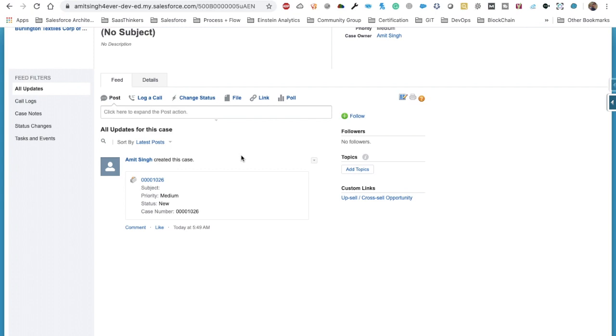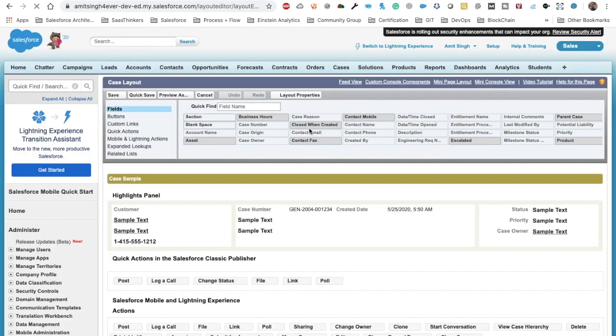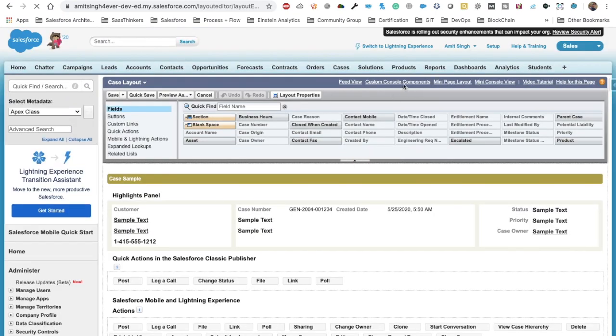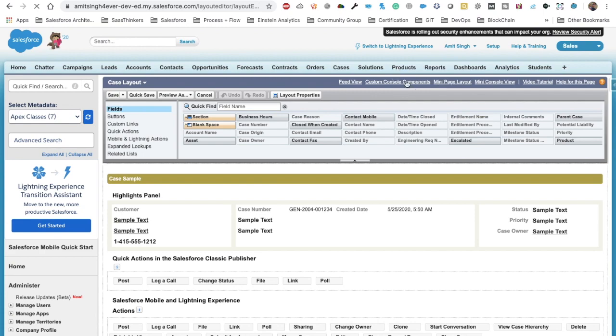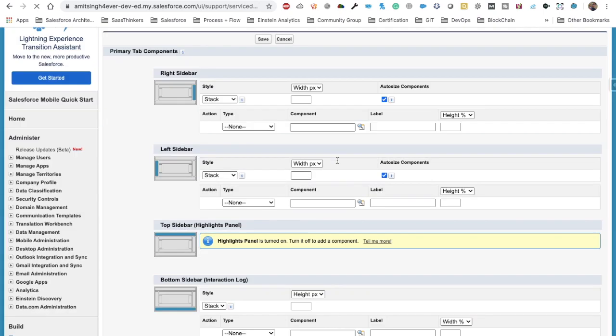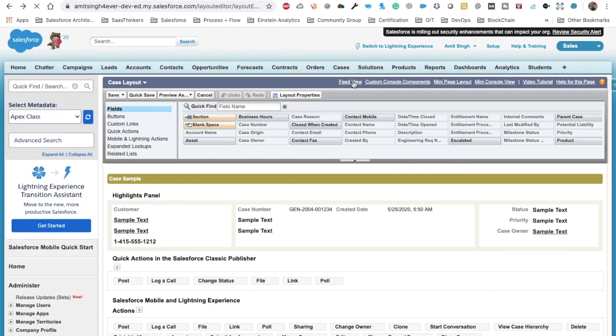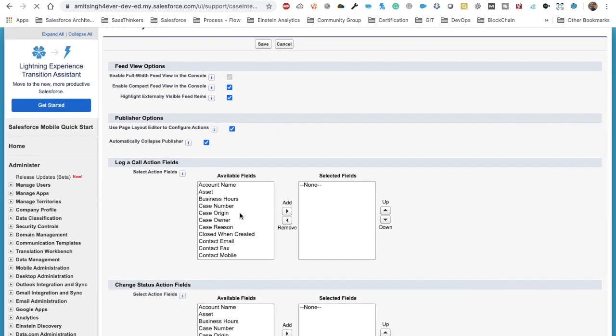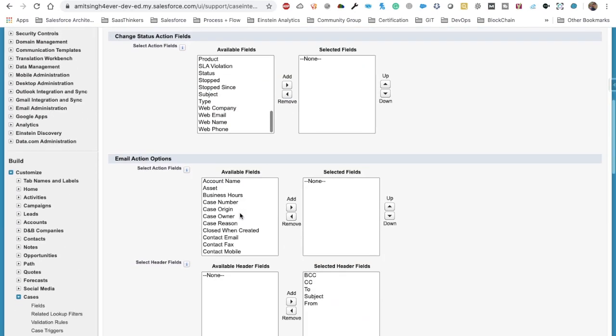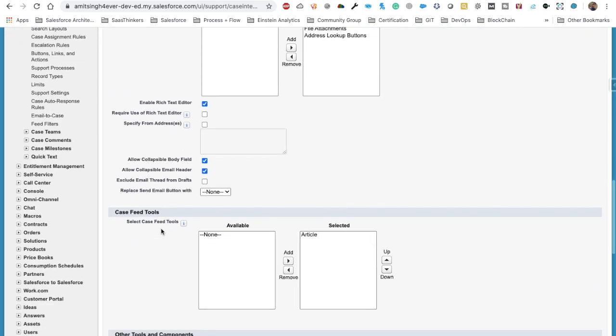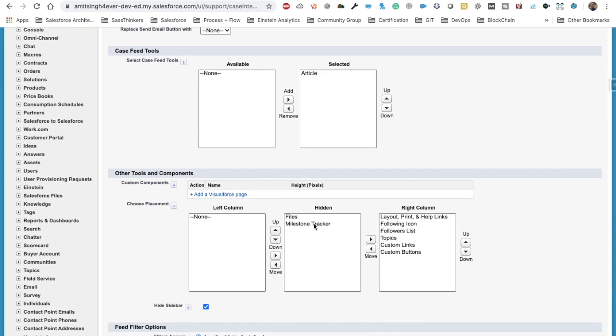So what we need to do is edit our page layout, and after editing the page layout, go to the custom console components. Okay, this is not the one. We need to go to feed view, that is the one. So go to feed view here, and then we need to add the milestone tracker that is hidden.